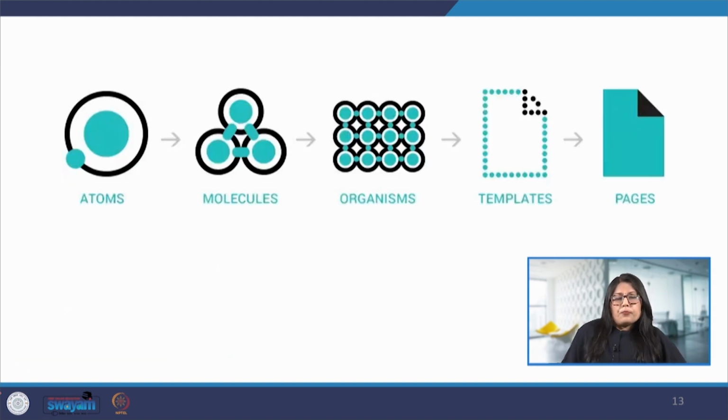So, now we come to the section where we will see how we can build these components to build a system, and some of this has been inspired by the book by Brad Frost, Atomic Design. The atomic design principle is inspired from chemistry for Brad, where there are atoms which combine together to form molecules and then organisms and so on. So, how this particular knowledge can be utilized when we talk about interfaces. This is what it is all about,